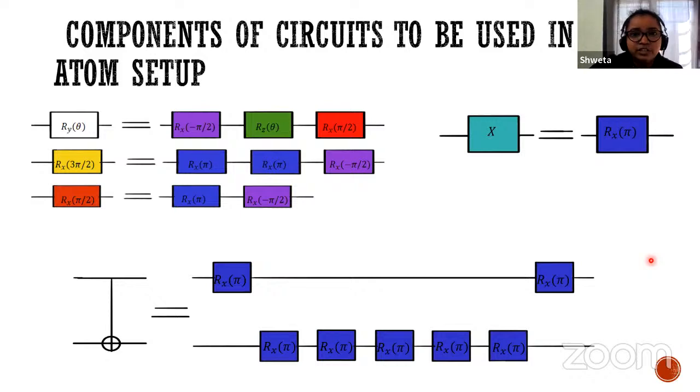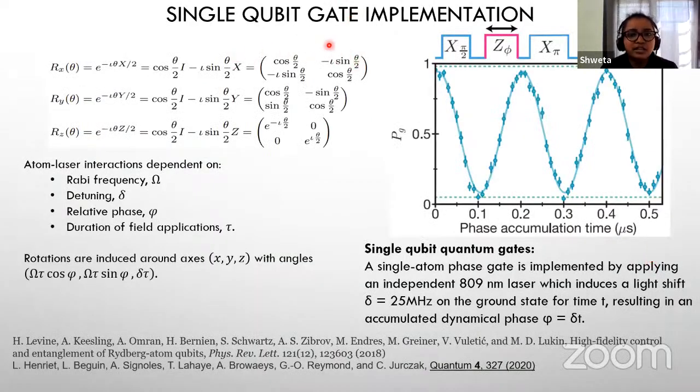I'll be discussing that further. First, these are the single qubit gates, and how they can be implemented in our experimental setup. Single qubit gates can be implemented by rotation gates around various axes, like the RX theta rotation gate, which you may be familiar with. It can be written in this matrix form. Its decomposition is like this, and the RY theta gate is this, and the RZ theta gate is shown by this matrix. Now how do we implement these rotation gates in our setup?